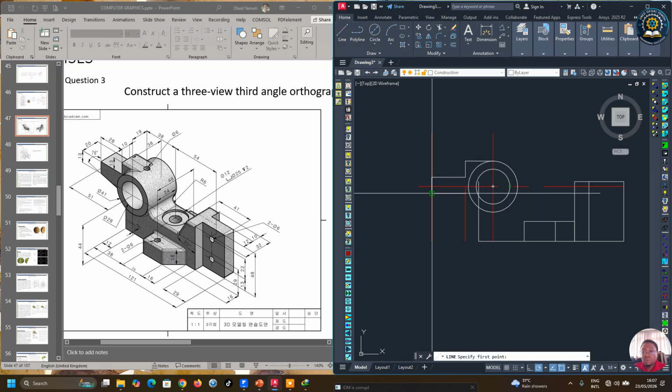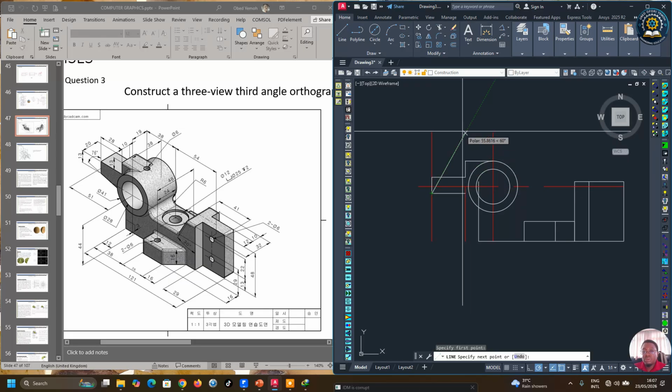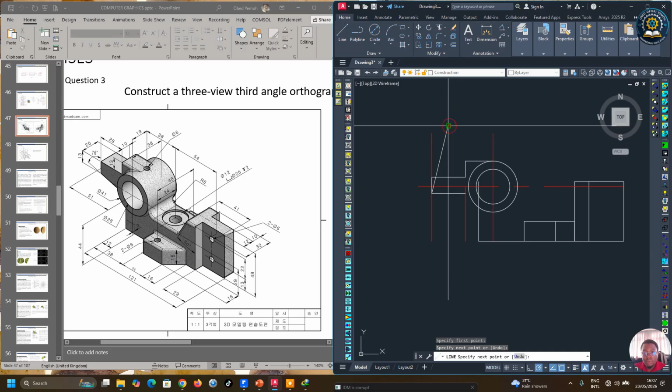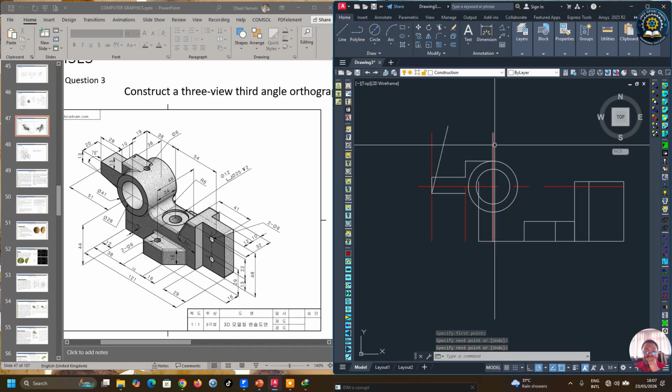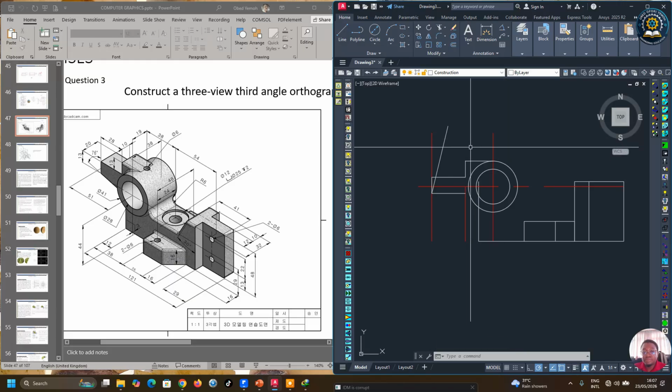So we select the line, click on this part and then draw a line of 76. Then after drawing the line of 76,